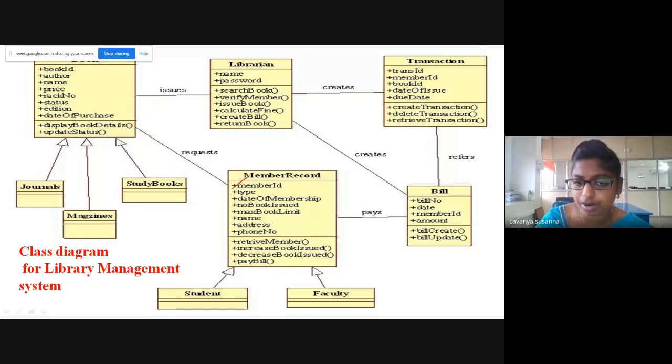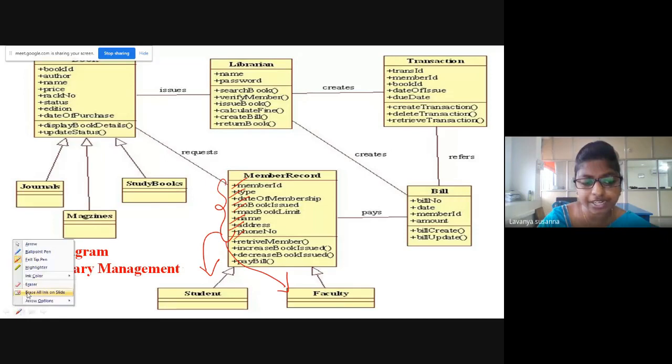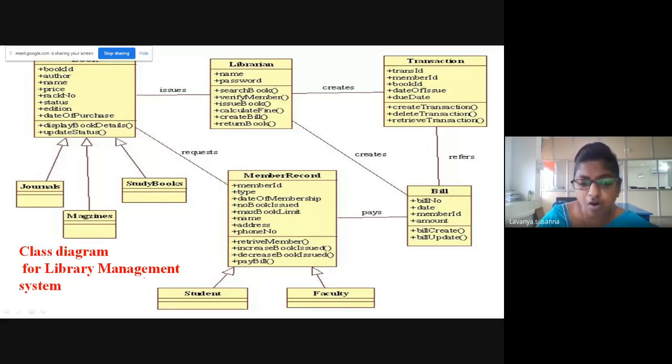Library account number, something like that. Next, type. Next, date of membership. Number of books issued. All these things, name, address, phone number. All these things are attributes which describe student, which describe faculty. These are the attributes. Next, what can a student do?